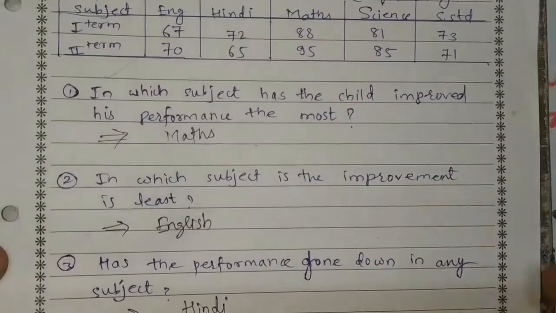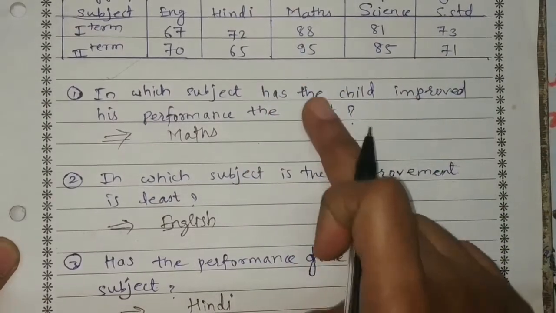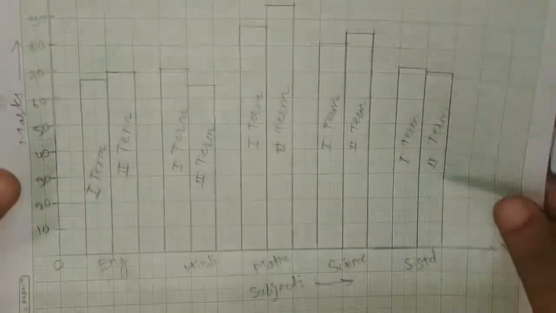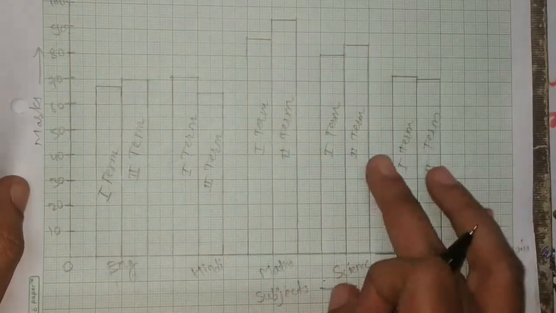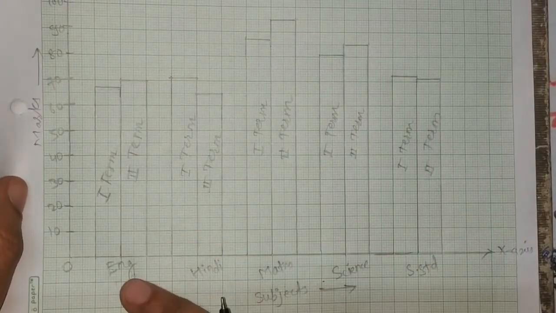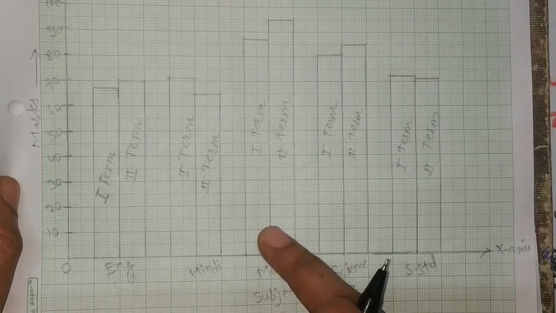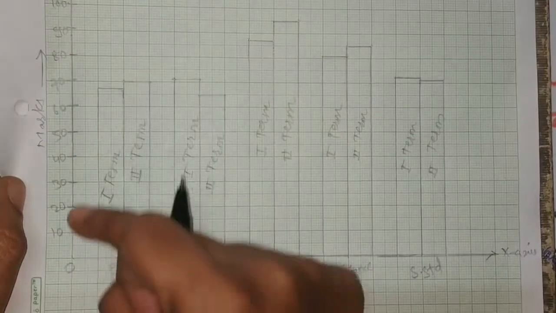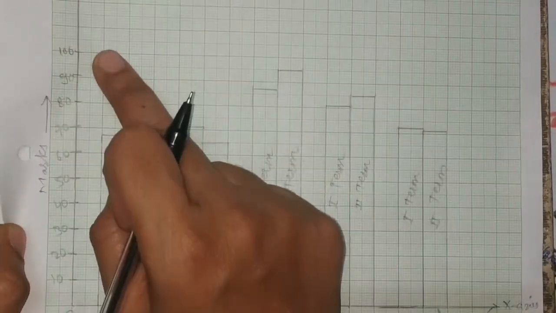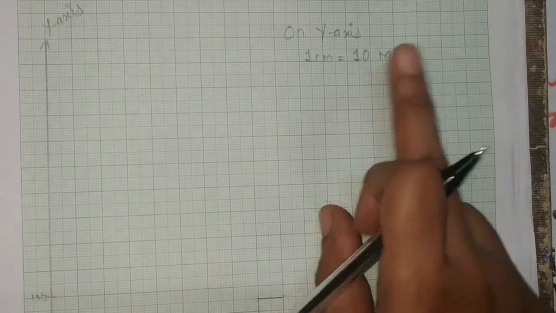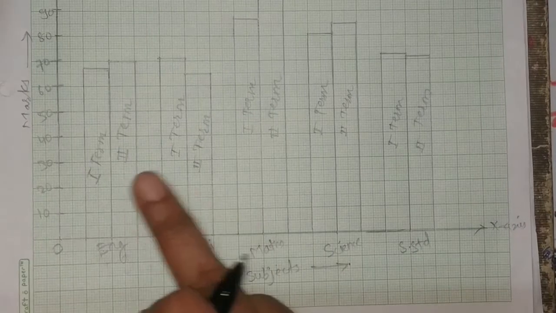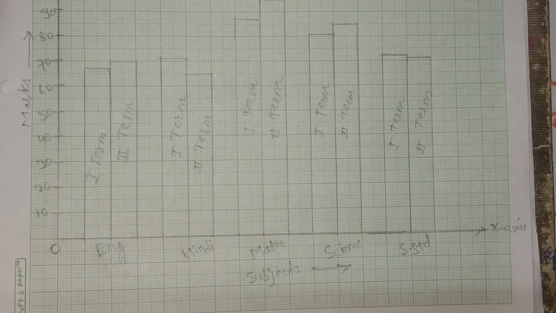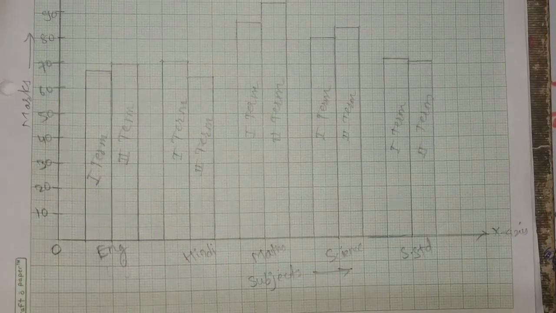So in this way, after reading the bar graph values, we can answer these questions. By observing the same kind of data simultaneously, like the performance of the first term and second term, we can easily compare and answer these questions. The scale is uniform here: 10, 20, 30, up to 90, 100. The scale we have written on the y-axis is 1 centimeter for 10 marks, and here the subjects we have taken. We can easily compare this data here. That's why a double bar graph, or dual bar graph, is needed.